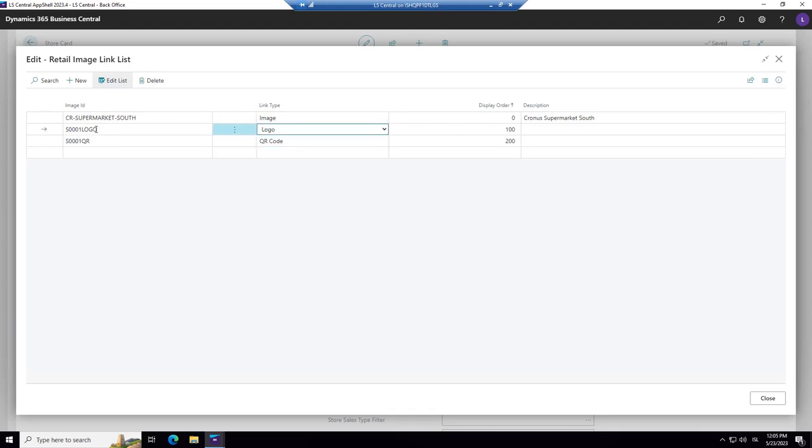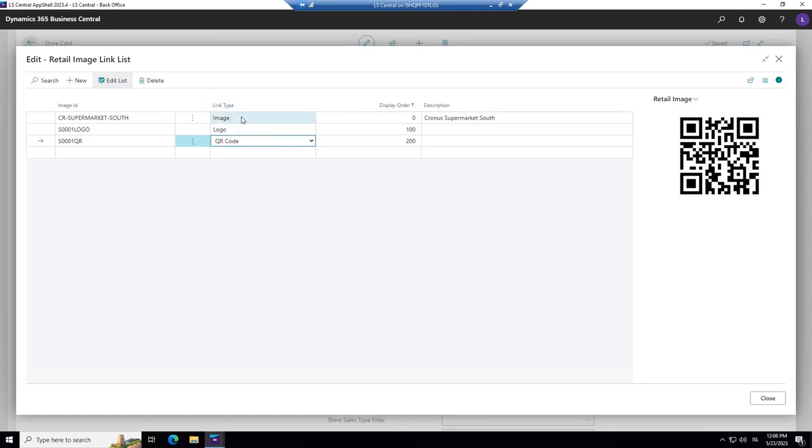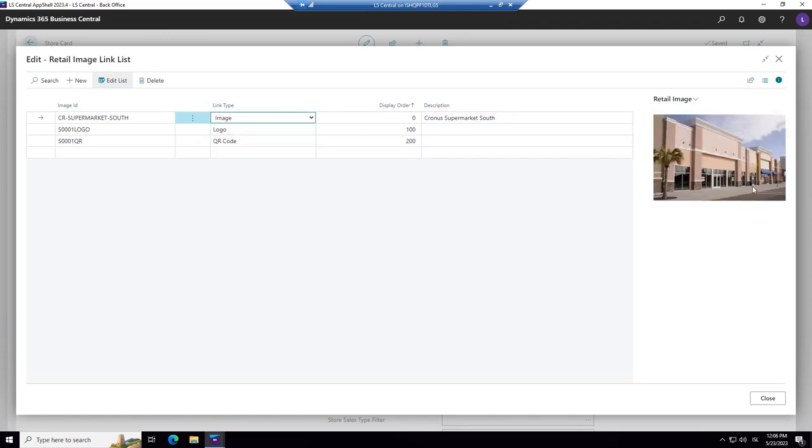So this is the one, the image for the logo. And this is exactly the code from Retail Images, remember. And this is the code for the QR code. To have it more graphical, it could be nice to select the expand button here, and then we will see the image. So this is the logo, remember, in the top right corner. Here you see the QR code. So what is the last one, the image? That is a storefront. And again, this is something used in e-commerce, so people can view how a store looks when they come into the right street and easily find it. So the store can have 3 types of images.